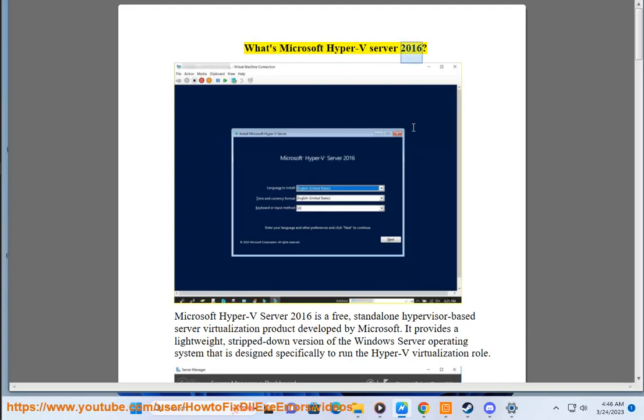What's Microsoft Hyper-V Server 2016? Microsoft Hyper-V Server 2016 is a free, standalone hypervisor-based server virtualization product developed by Microsoft. It provides a lightweight, stripped-down version of the Windows Server operating system that is designed specifically to run the Hyper-V